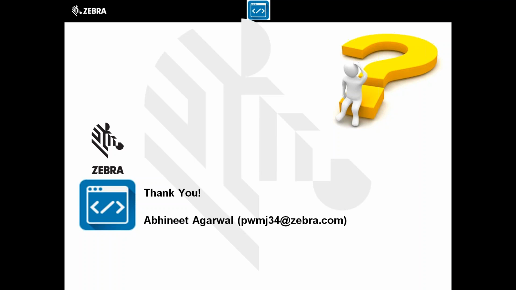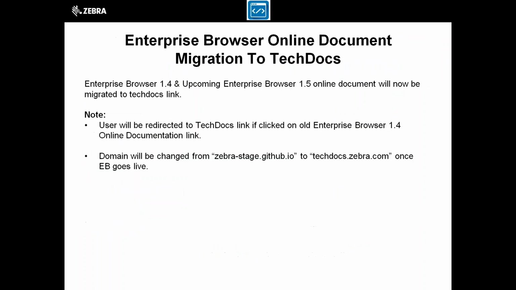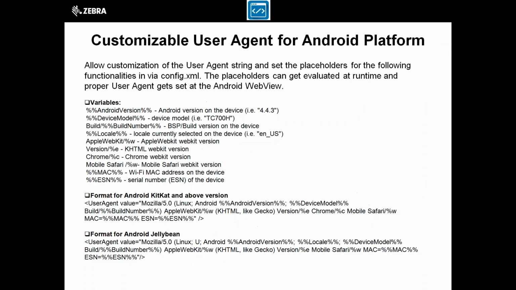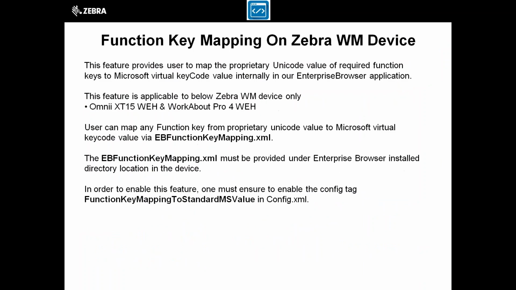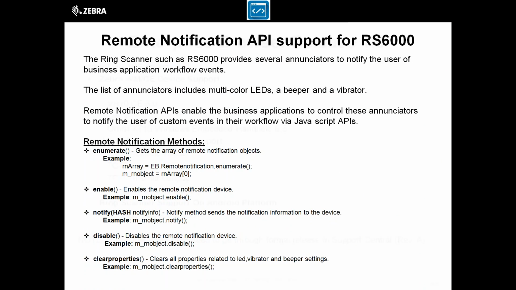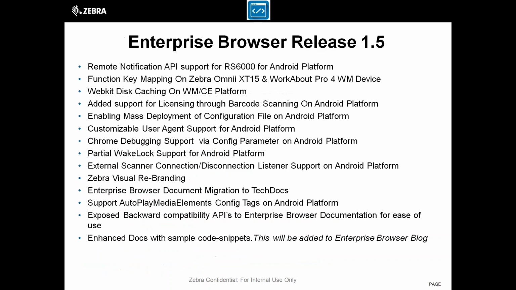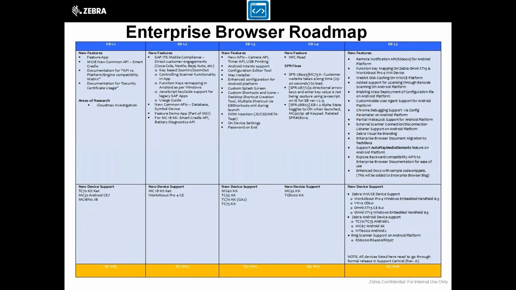What else? Any other questions for those who are still with us? I don't see any other questions in the queue. Ebony, can you just jump back to the roadmap slide I think you had? Okay, just a minute. While we're waiting for final questions, the next Dev Talk is on November 16th, and we'll be covering Data Wedge.